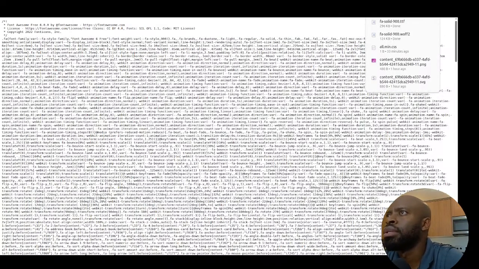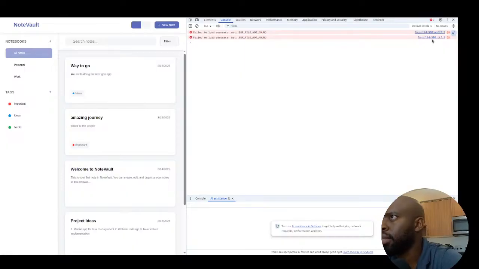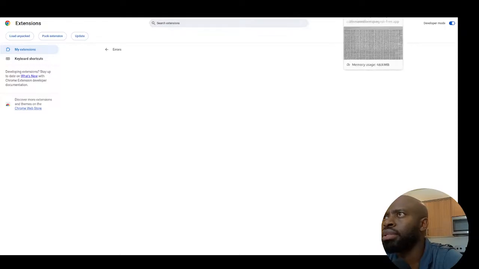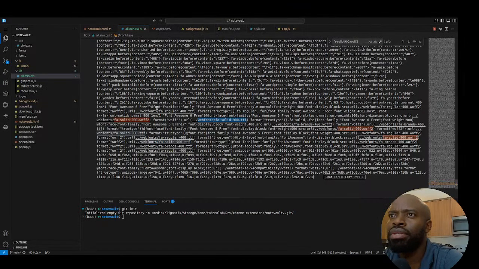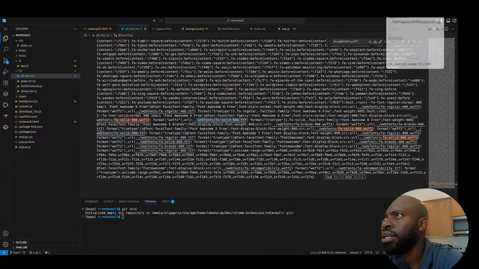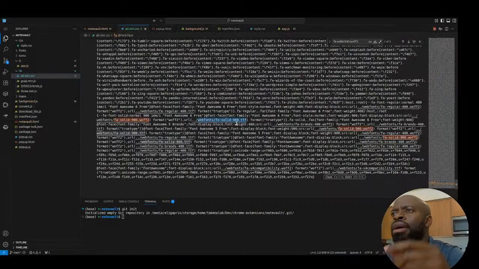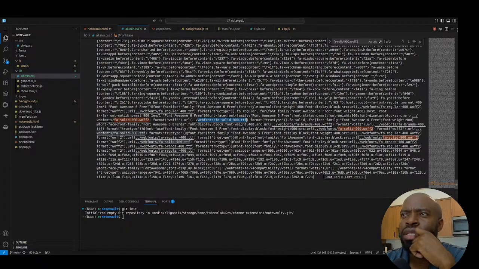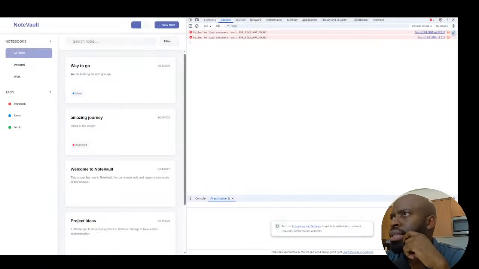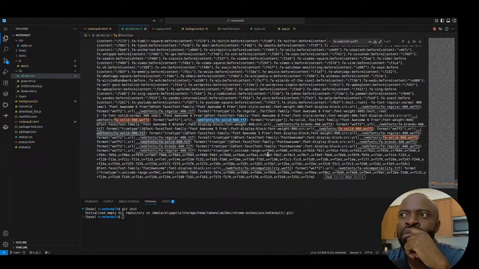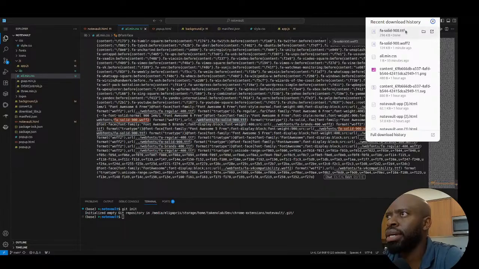There we go. So if we go back to our file, the error says it's 900, the two 900, they are not somewhere to be seen. So our main focus is going to be on 900. 900 WOFF2 and TTF. Good. 900 that and that, and they're all solid, right? Yeah, FA solid. Those are the things we are using probably. Good, now we have downloaded them, and the next part is bringing